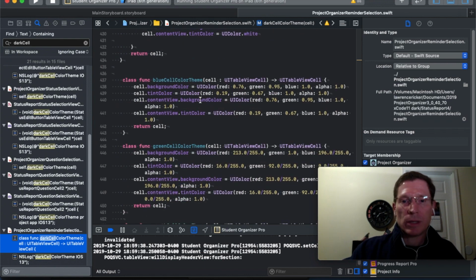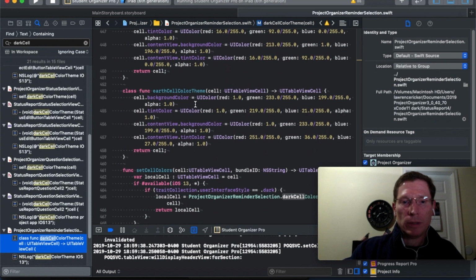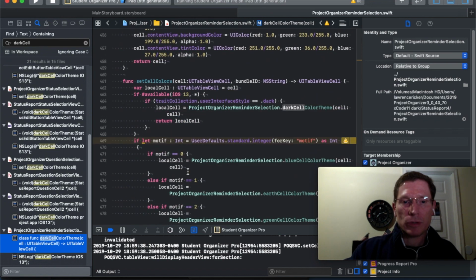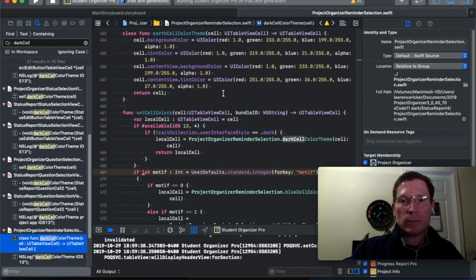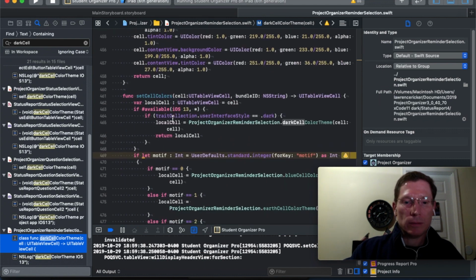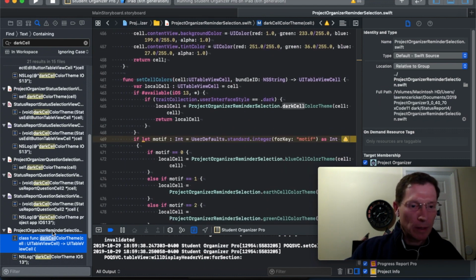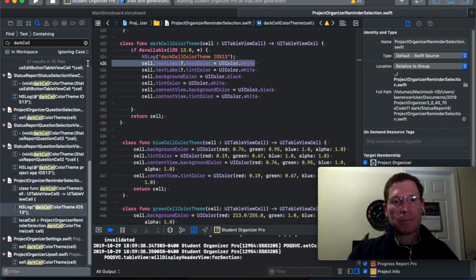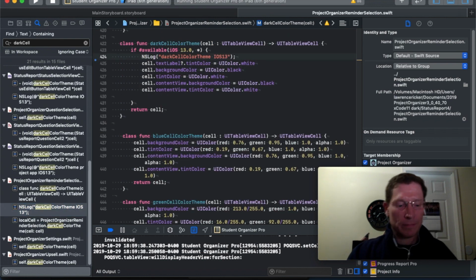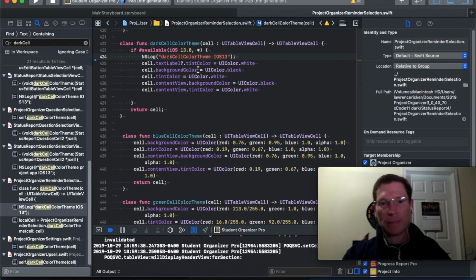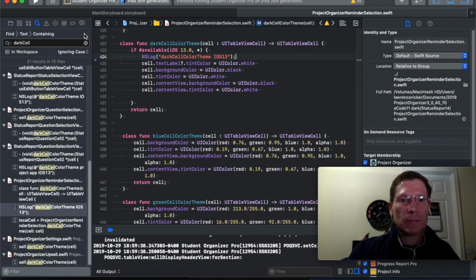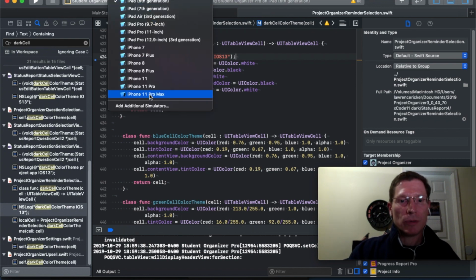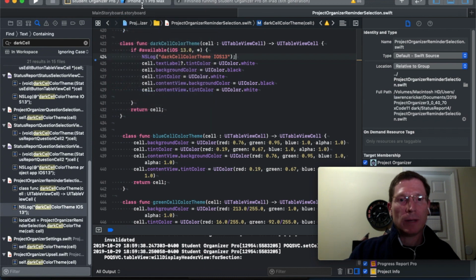It's kind of the same code that you have for setting the blue or the green or the earth colors, which is kind of white and orangish, and then the magenta cell colors. Now if I take this one and put it on the iPhone 11 Pro Max, then run it in the simulator,